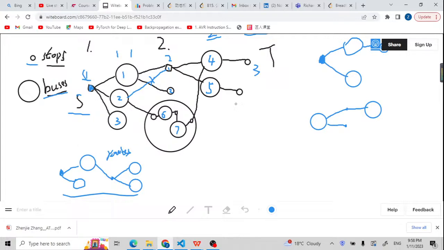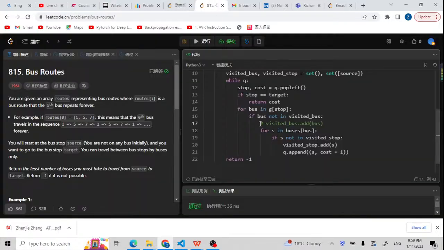But if the graph is too complicated, from the source to the target, it will be a very long distance. So this is not okay. So we have to use a visited set for this one. Let me check it. If I make a comment and still use this visited stop,